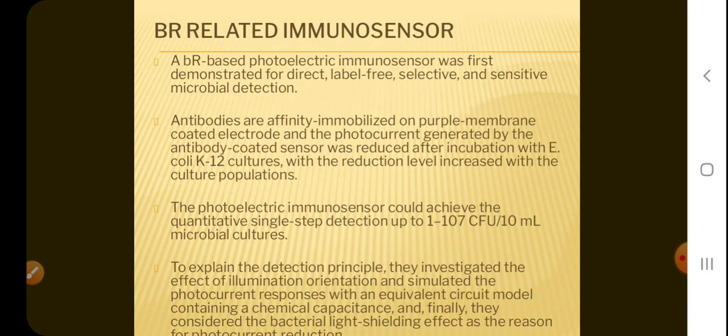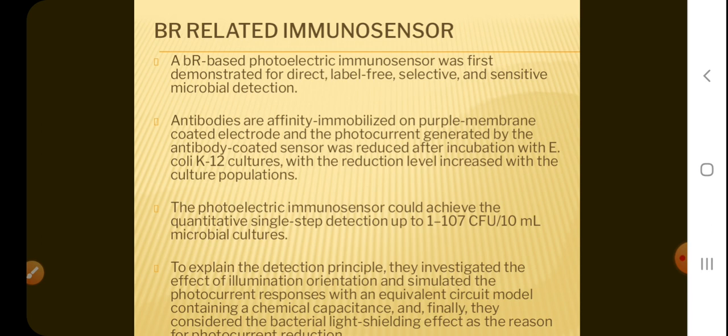Okay, so the Bacteriorhodopsin based photoelectric immunosensor was demonstrated for direct label free sensitive microbial detection. You can detect microbes with the help of this immunosensor. Now the working methodology is that the antibodies or affinity are immobilized on the purple membrane coated electrode. Okay, so the antibodies are coated on the affinity immobilized purple membrane electrode, and the photocurrent generated by the antibody